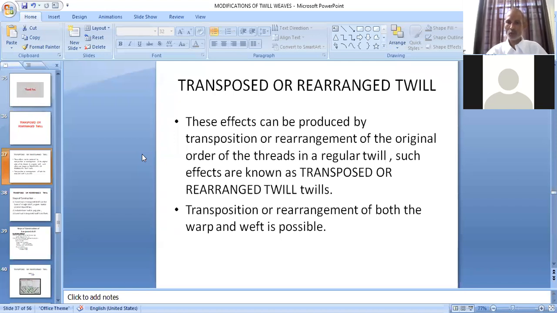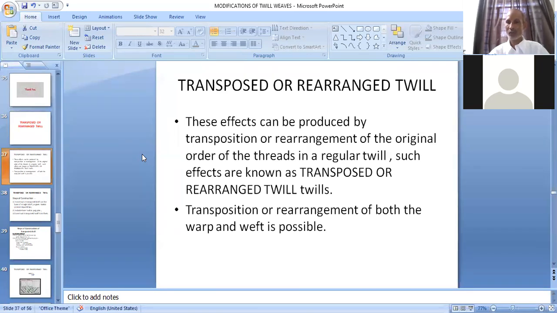Transposition or rearrangement of both the warp and weft is possible. Means we can transpose a group of threads which are part of warp and a group of threads which are part of weft. Means the transposition or rearrangement can take place warp-wise as well as weft-wise.